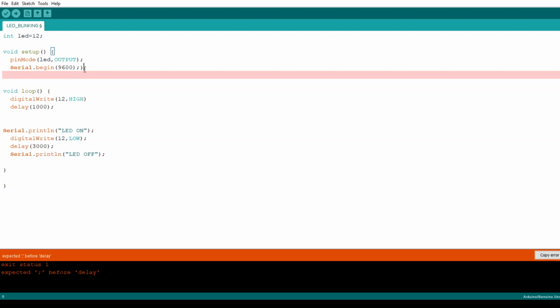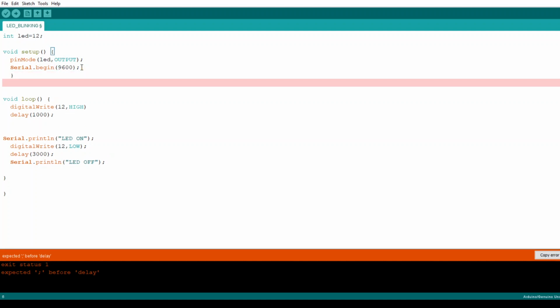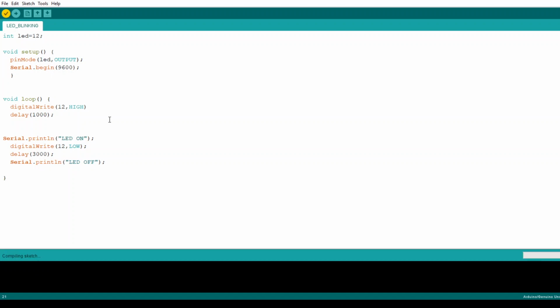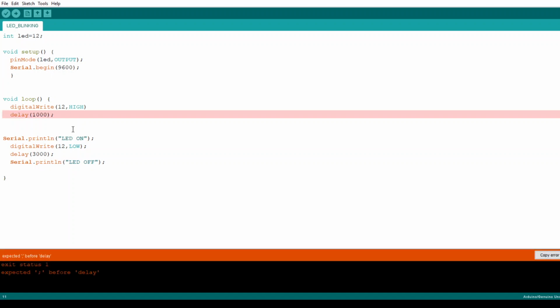See what small changes were given to the code. After making the change, just save the code. Then I print the LED off line and run the code. First I verify the code to see whether it has any errors or not. Yes, it has an error. What is the error?